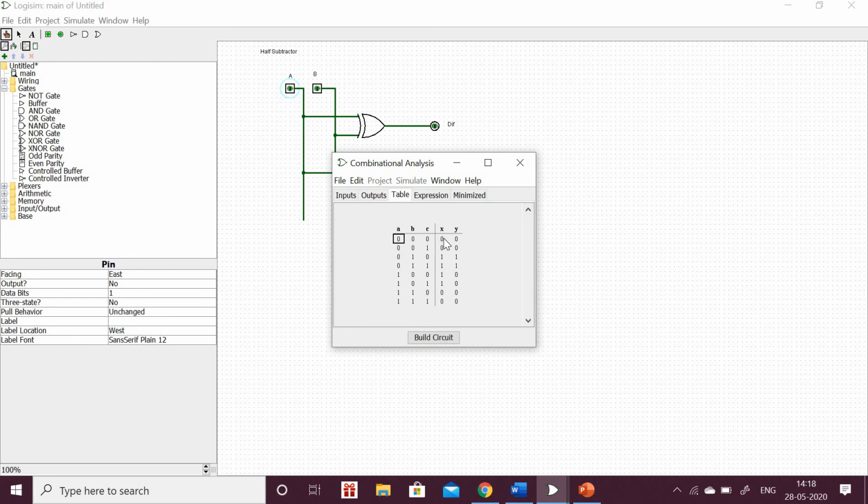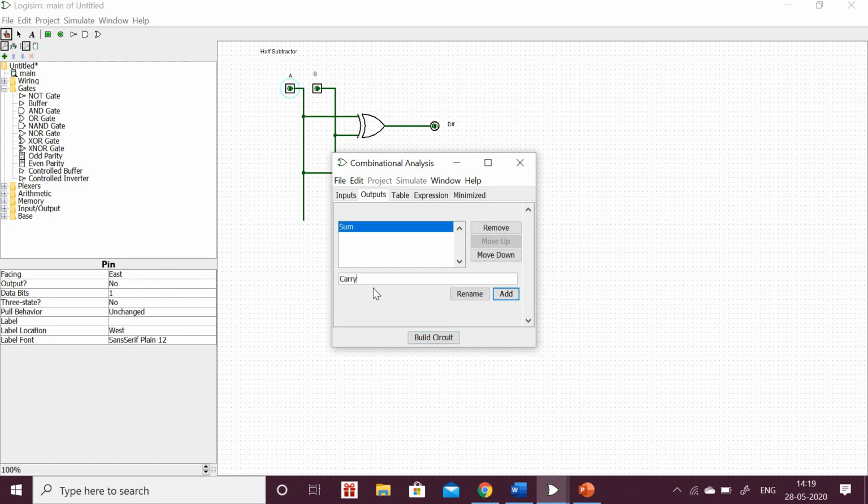So the outputs are sum and carry. Instead of X and Y, I will put the same names that I have, sum and carry. Now in the table you can see the same names. A, B, C are the inputs, sum and carry are the outputs.